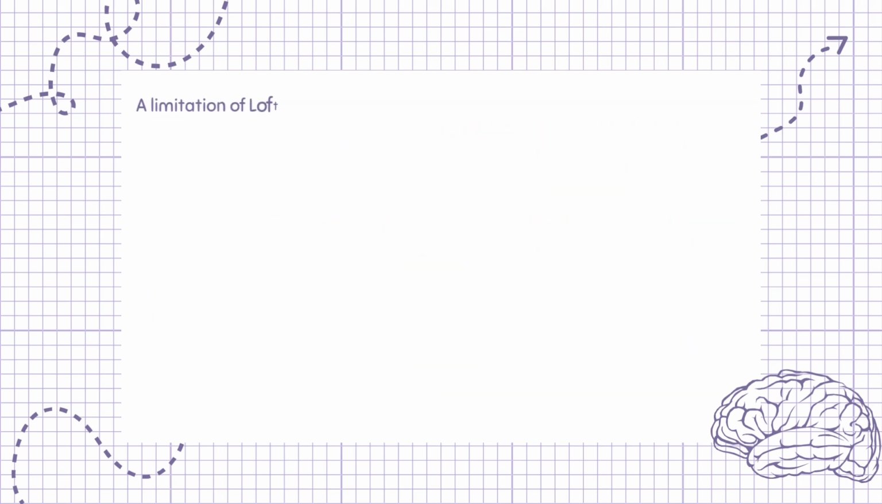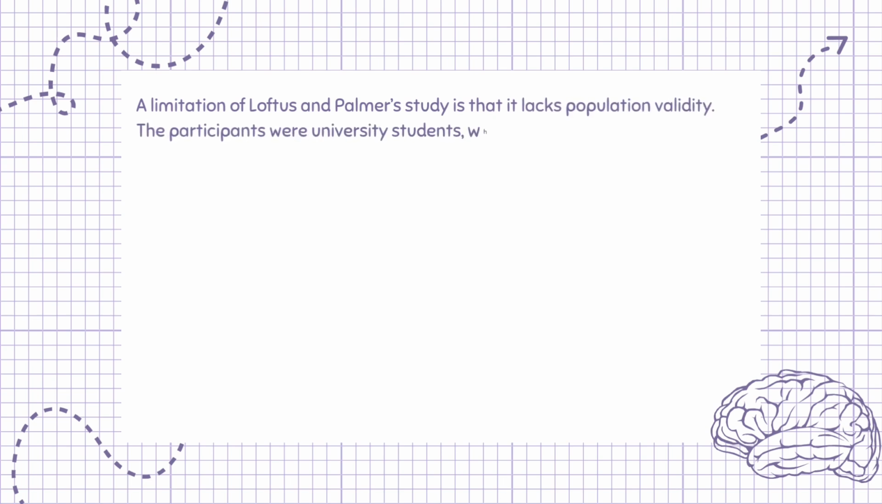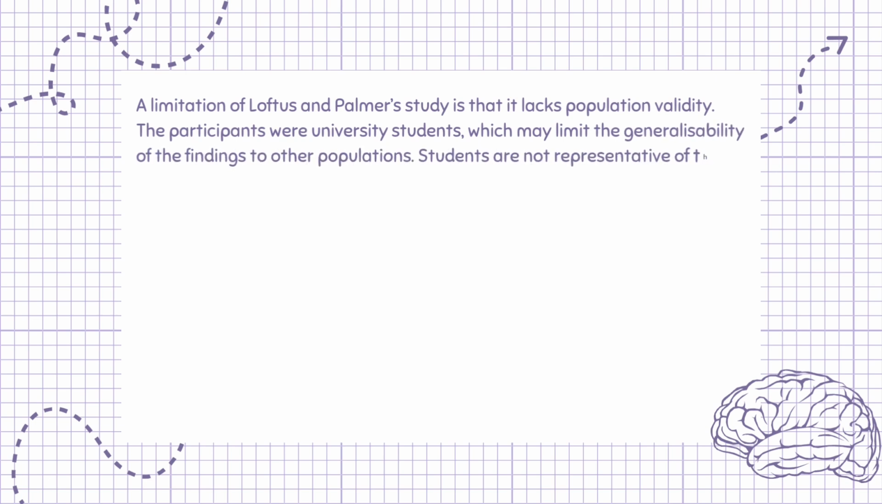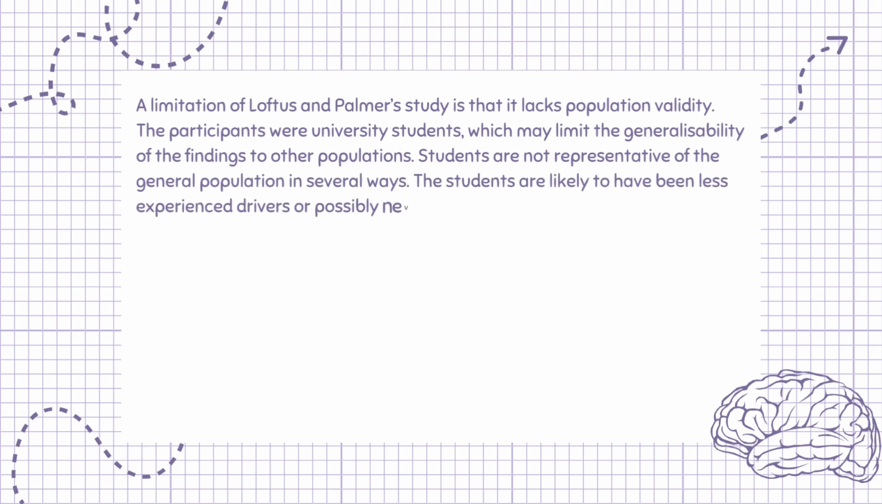A limitation of Loftus and Palmer's study is that it lacks population validity. The participants were university students, which may limit the generalizability of the findings to other populations. Students are not representative of the general population in several ways. The students are likely to have been less experienced drivers or possibly never even driven a car before and therefore